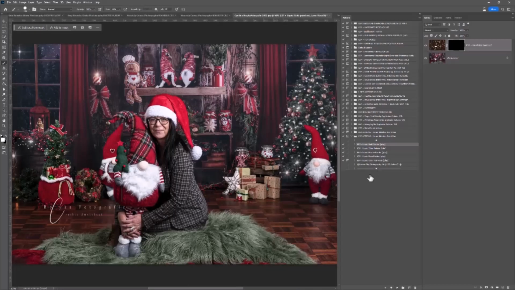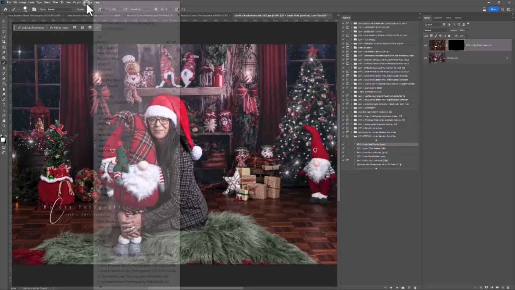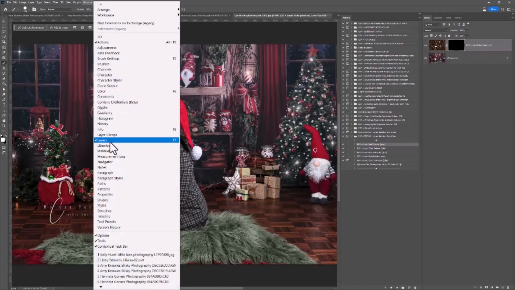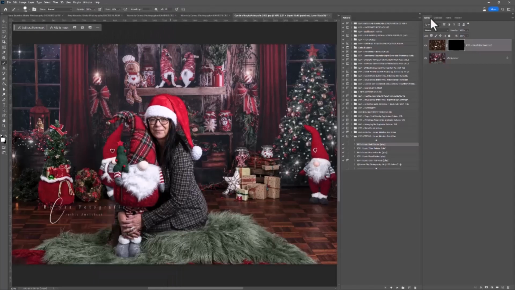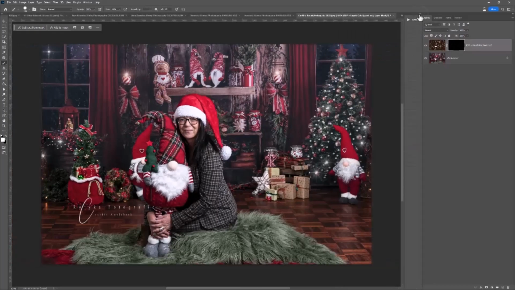So the action is played, it's super quick, and it leaves you with a layer in your layers panel and a layer mask. For these actions, you don't necessarily have to have your layers panel open, but I do recommend it. So come up to Window and choose Layers if you can't see your layers panel. The layer mask means the layer is hidden. Let's just close the actions for a minute. So you see here you have a very gold looking layer, but it's hidden because the mask is all black